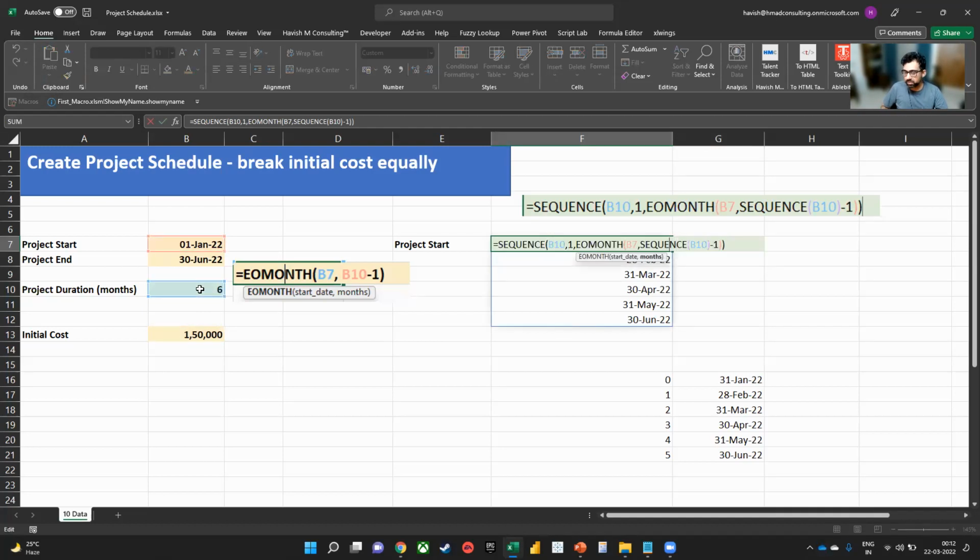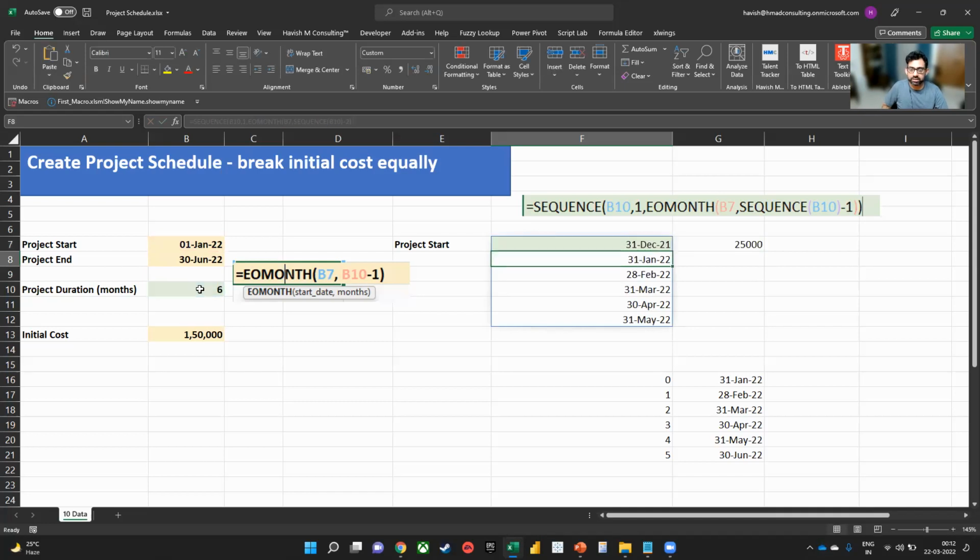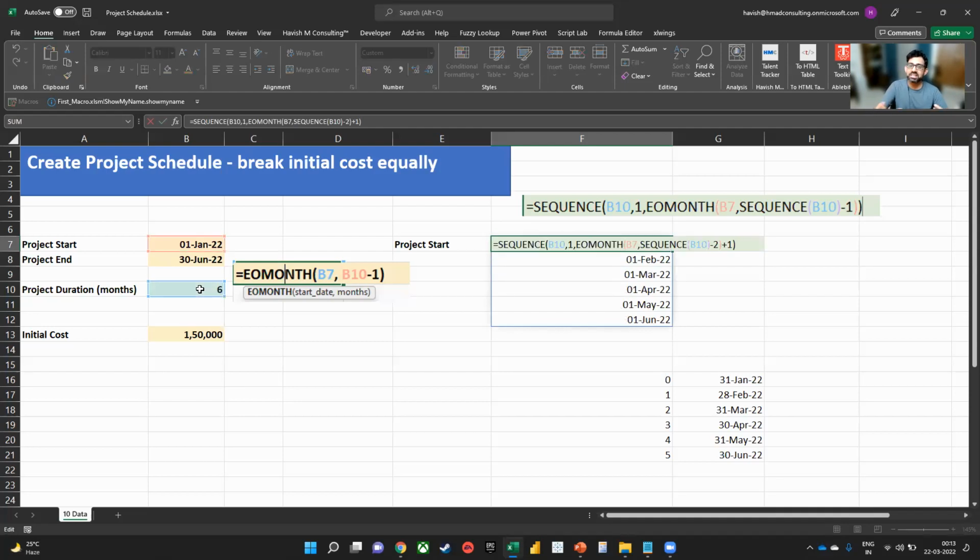So if I could just make a small change here, we are doing sequence of 1. Okay, that gives me -2. And then we're doing +1. Just a little bit of change. Do you see how Excel formulas are written? It's not mathematics, but it's just basic arithmetic, learning how to work with parentheses, numbers, doing some hit